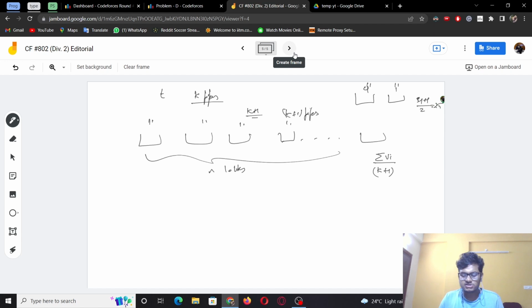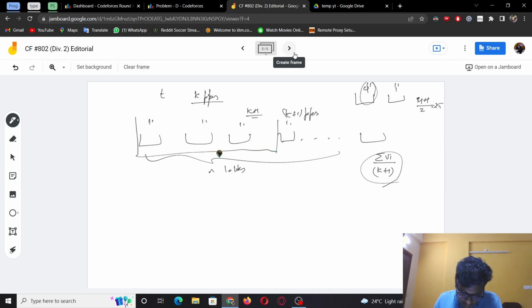However, you need a minimum of 4 seconds to fill the first one. So this intuitive approach is not the correct answer. But what we can notice is that the first k locks